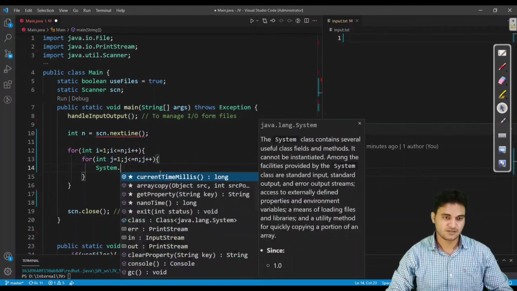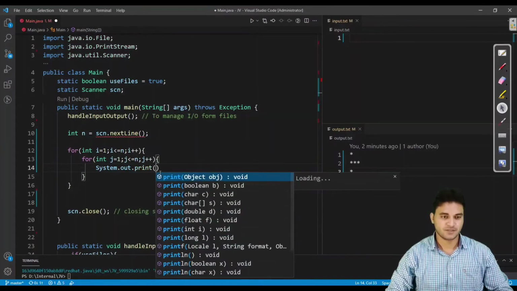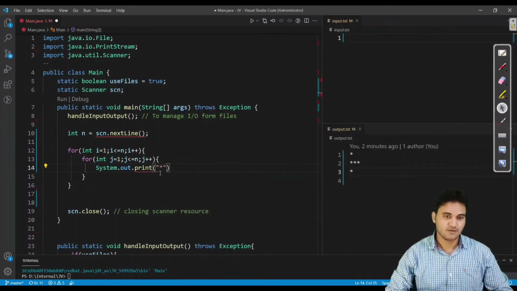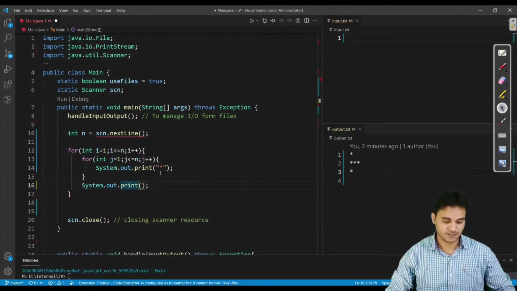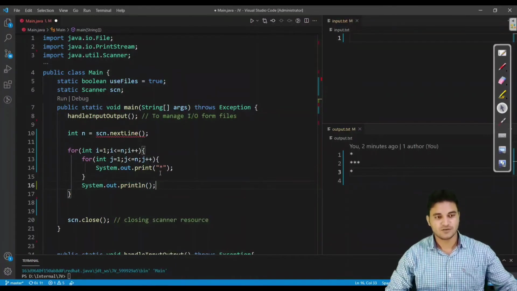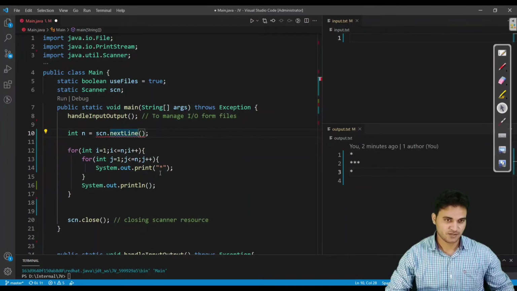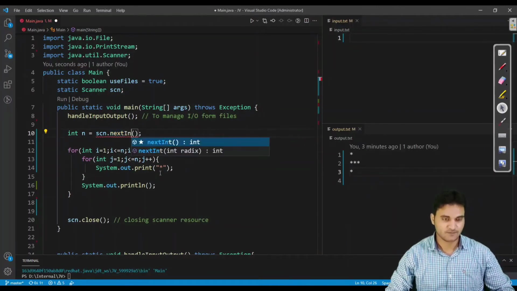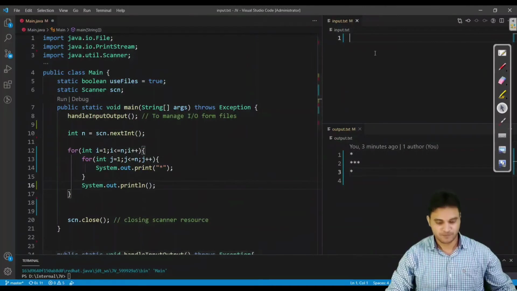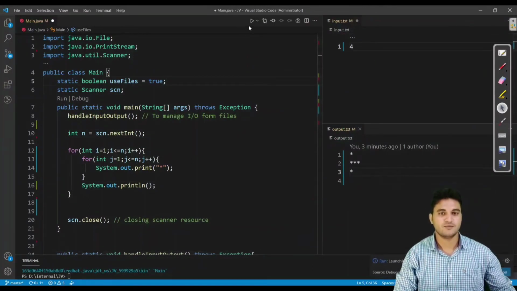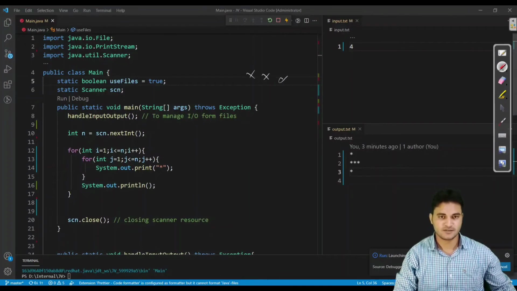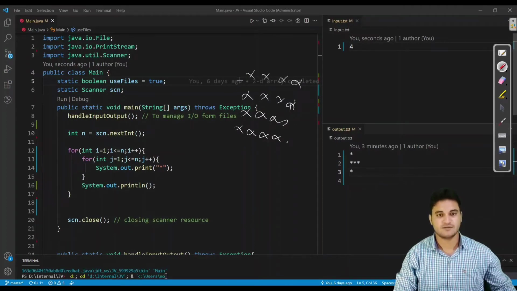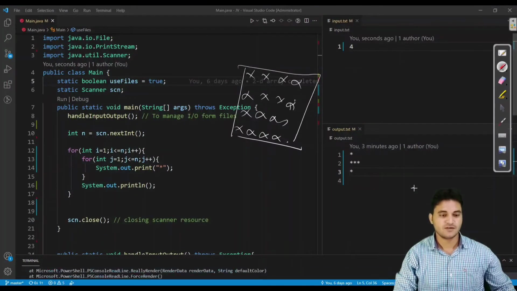And in this you just have to write the print method, not println. And after printing each row you have to break a line also. For breaking the line, as I just explained, we can use the println method. This way it should be able to print a square. Here we have to use the nextInt method actually. So if I provide 4 as the input of this program, we should expect output like this, a square of size 4 in the form of stars. So it is running now, and it has successfully run.